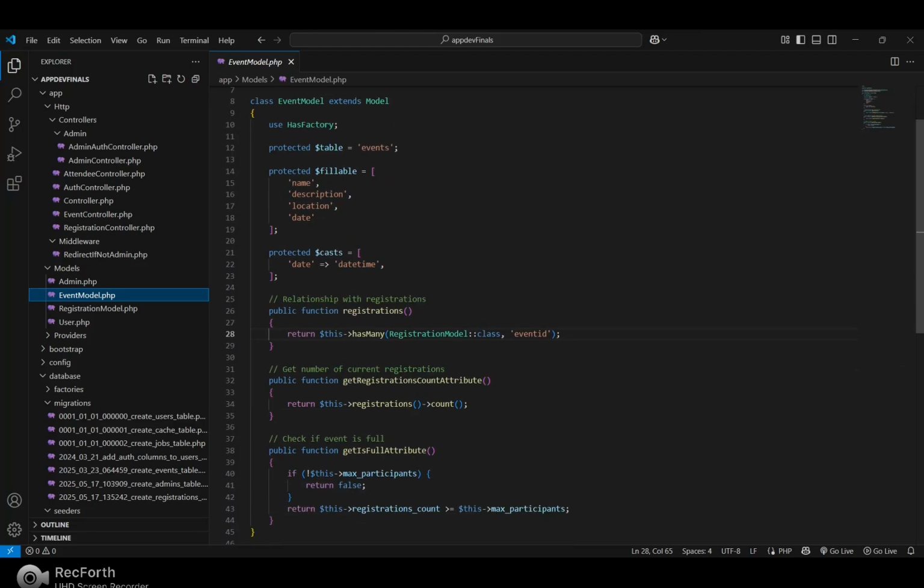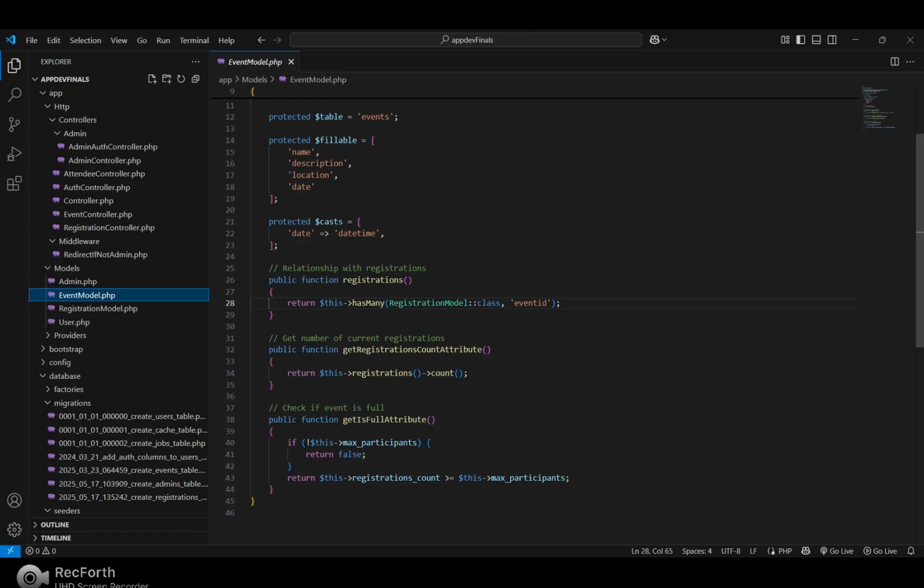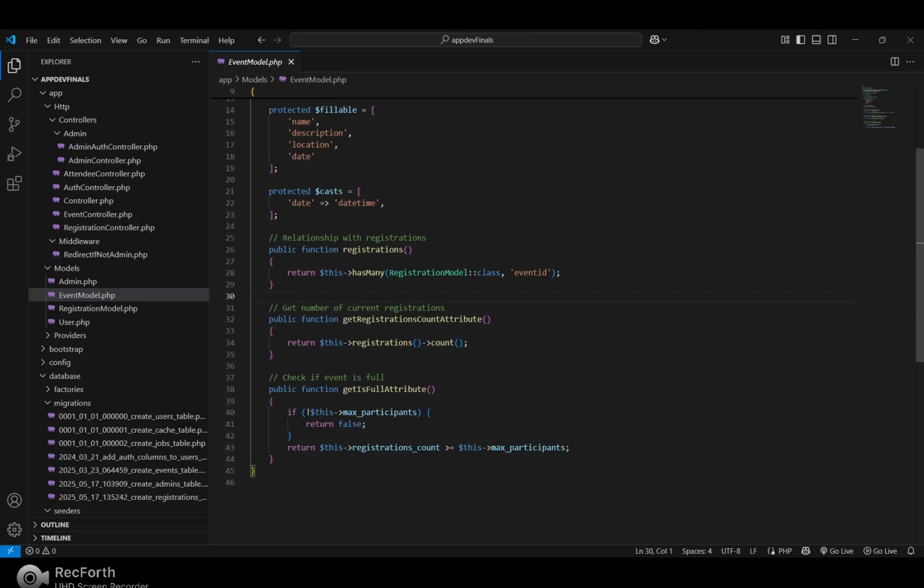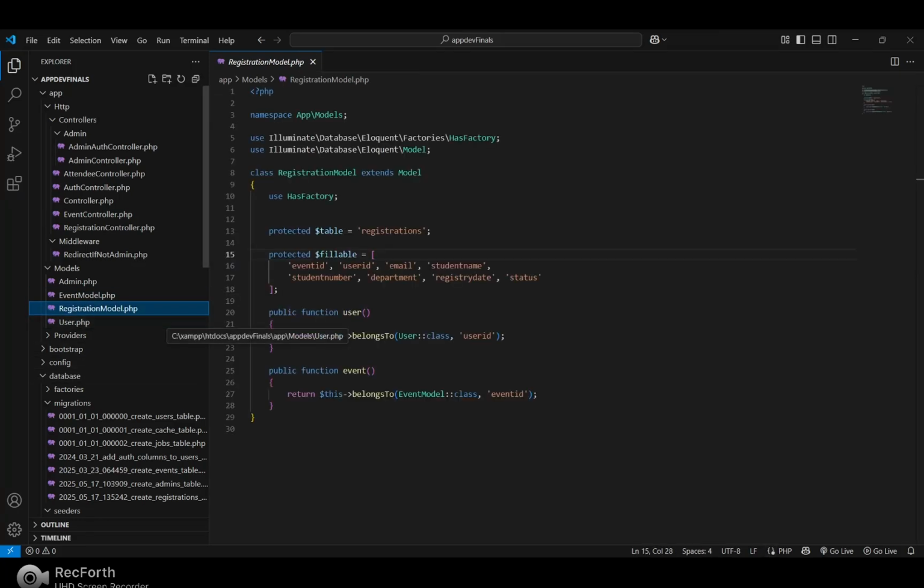Protected fillable to fill the event's name, description, location, and date. This also has a relationship with the registrations, the public function registrations, to get the number of current registrations and check if an event is full.